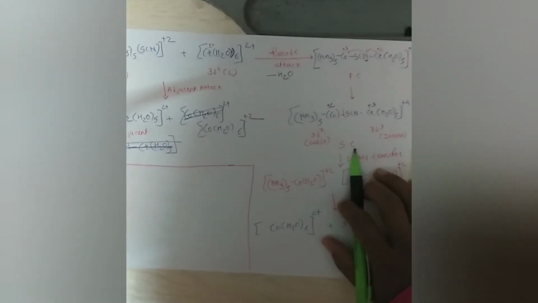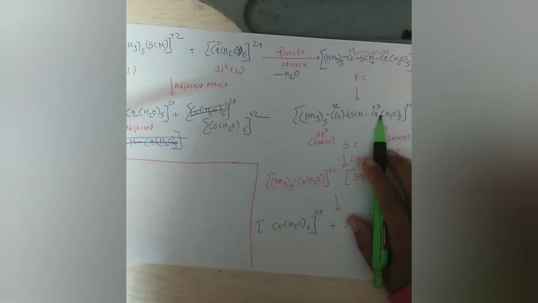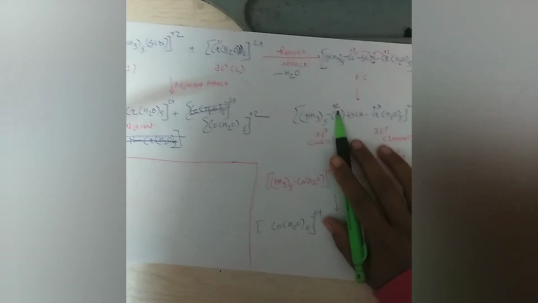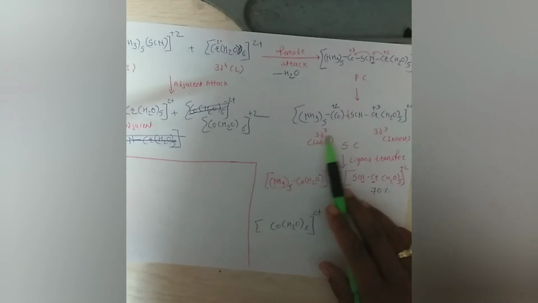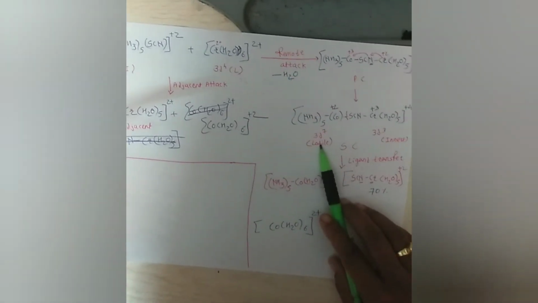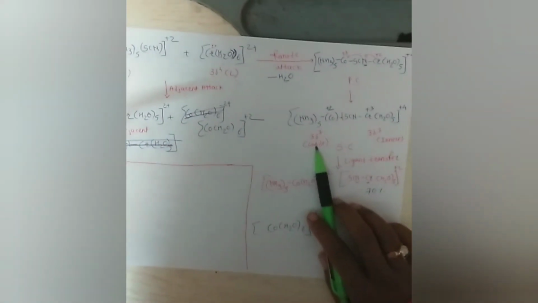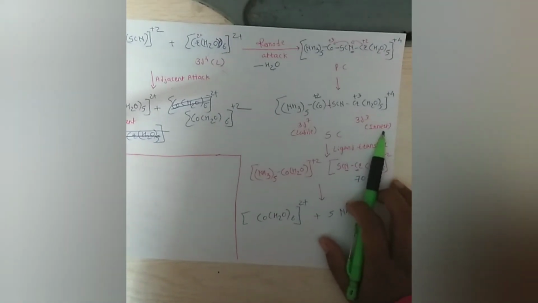cobalt, and we are getting a successor complex. In that successor complex, chromium lost its electron, therefore it has a +3 oxidation state, and cobalt gained the electron, so it has the oxidation state +2. The system of the cobalt is d7 and the system of the chromium is d3. So the complex which has more than d6 system acts as a labile complex, and the complex which is d3 acts as an inert complex.